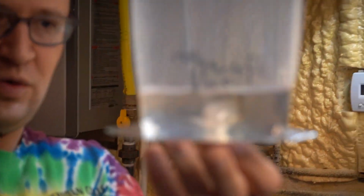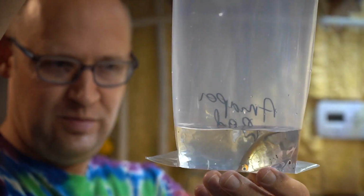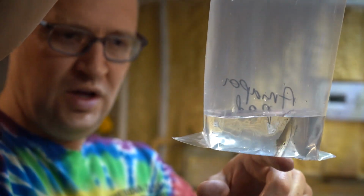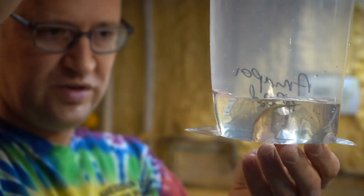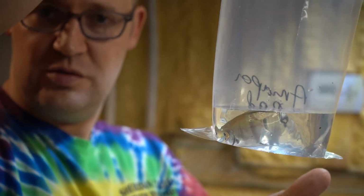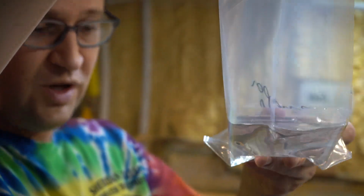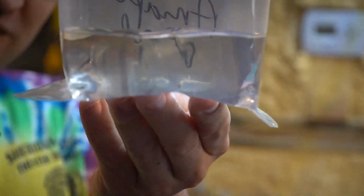So this is why we do that water change. If I was to send this, the customer would get a bag with a bunch of poop in it, and by tomorrow all that would be degraded and look like brown sludgy water. But also, all that fish poop that this angelfish has voided is going to decompose and create a whole bunch of ammonia. By tomorrow morning when the customer gets this, it could be toxic. The fish could be dead from that. So that's why we take the time to put them through this extra step. But sometimes a video is worth, well, if a picture is worth 1,000 words, a video is worth, what, 34 frames per second? I don't know, but...